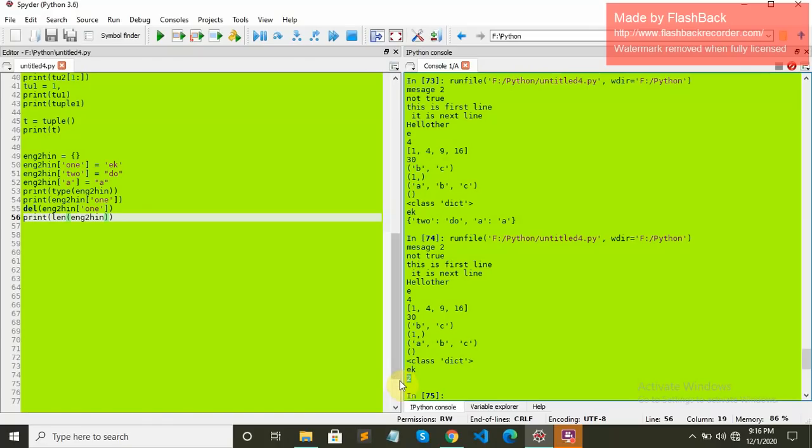You can also check by using the in operator to see if there is a key in the dictionary or not, like this. Let's say A in, and two in.